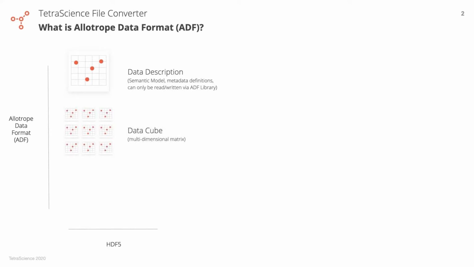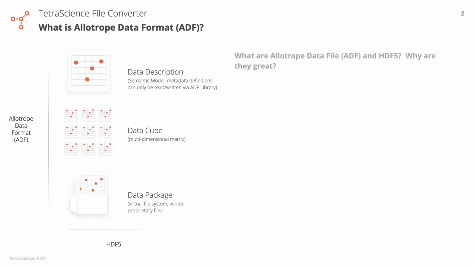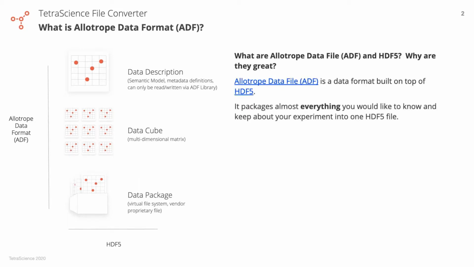use cases. So to level set, ADF is built on HDF5. It has the data description for the semantic data model, summary data, metadata. It has the data cube for the multidimensional numerical matrix. It has data packages, a virtual file system that you can put kind of whatever files inside of. So the goal is to package almost everything that you can into a single file that you want to